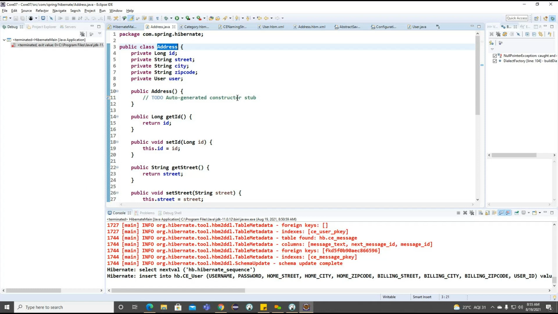Based on this particular discriminator column, we are going to understand the inheritance and polymorphism here. With the help of this discriminator column, we are going to differentiate which class the values are coming from. So for example, address is extended by billing address and home address. With the help of this discriminator column, we differentiate whether this address belongs to billing address or home address. Getting the point? So how we can differentiate with the help of this discriminator column, we can see.